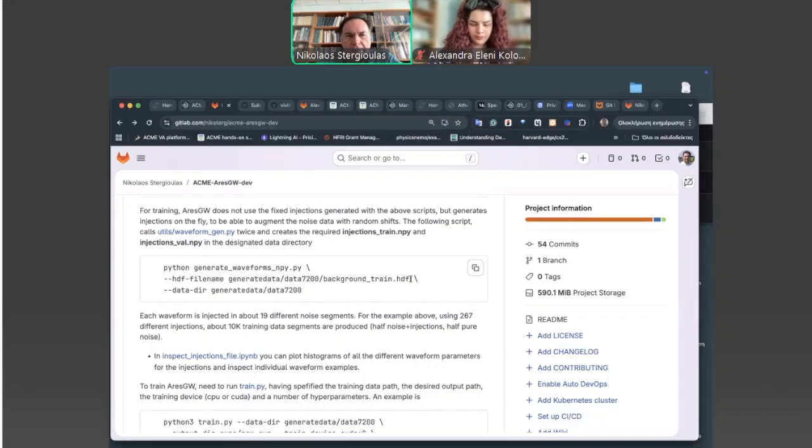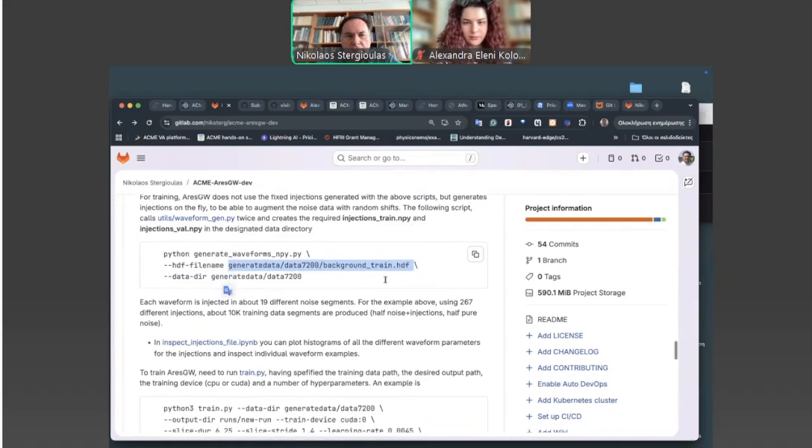Right? So it takes the background training data that was created, and it generates a new file that contains injections for training in NumPy format and injections for validation in NumPy format. These are the ones that are actually used.